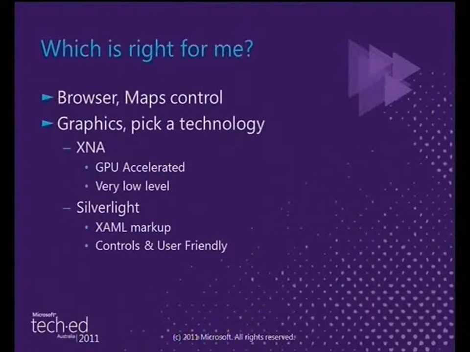If you want rich UI, internationalized text, browsers, so you want the browser control, maps control, all that kind of rich UI in your application, you're obviously going to pick Silverlight. You don't get that on XNA. If you want high GPU-accelerated graphics, GPU-accelerated mathematics libraries, very low-level performance, and use of the hardware scaler, you use XNA. So those are the scenarios that we gave you 10 months ago when we released 7.0 for